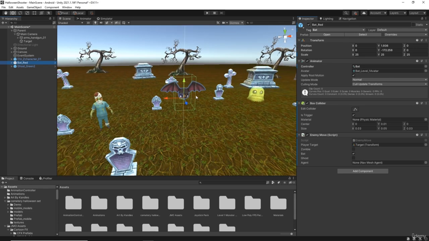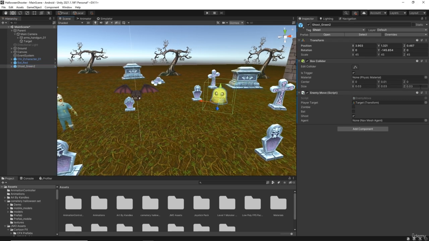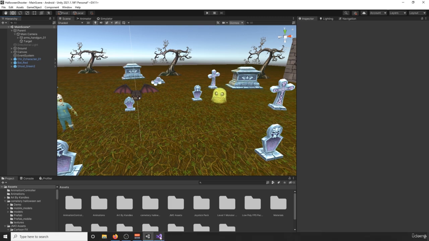Now the box colliders will come in absolutely huge to begin with. So I'm using the value size of 0.03, 0.05 and 0.03. Okay, and then the same for the ghost. The ghost just has a tag of ghost, and the size of the box collider is 0.03. Okay, and then in our script,